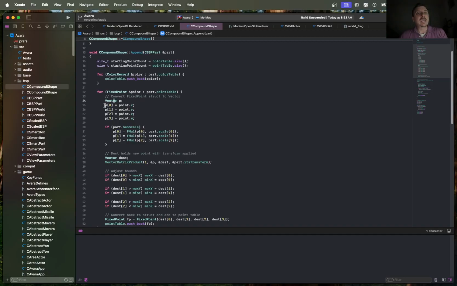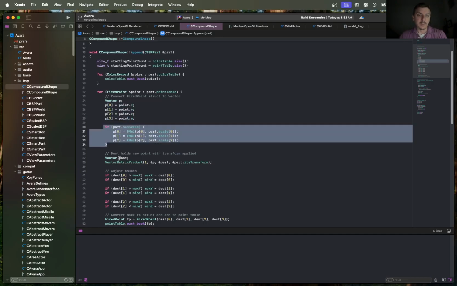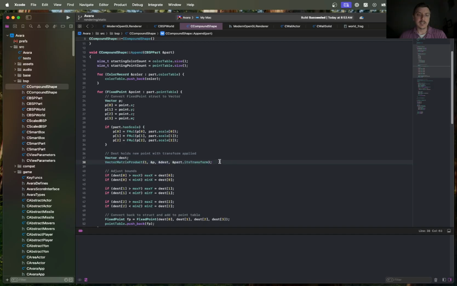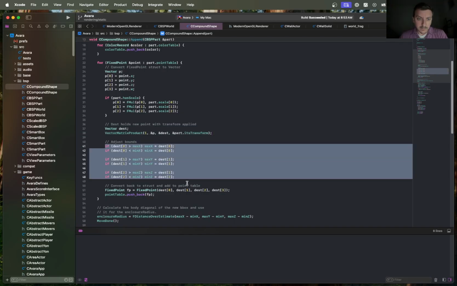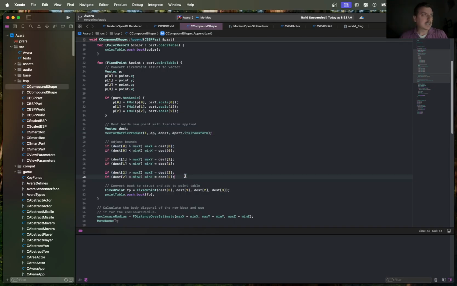So we take the points of the model, we scale them up, we perform the transformations on them to actually convert them into world space coordinates instead of just being relative to the origin, the center of the game world, and then he's figuring out the bounding box situation for this model, and then we push that modified point to the point table,